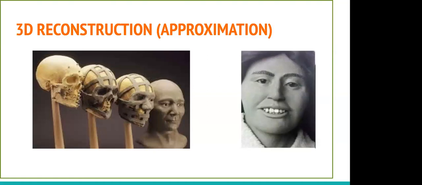There are a few images here that we'll study in the next slides to understand what is happening. So this is done in two ways. This is 3D reconstruction. The image here is clay modeling. Clay modeling is a lengthy process. You can't try different variants here. You can only do one set of preferences. You need to decide one set of features, hair color, eyes, or the arrangement of features, and then you can't redo it again. So there's a limitation on the variation that you may try here.